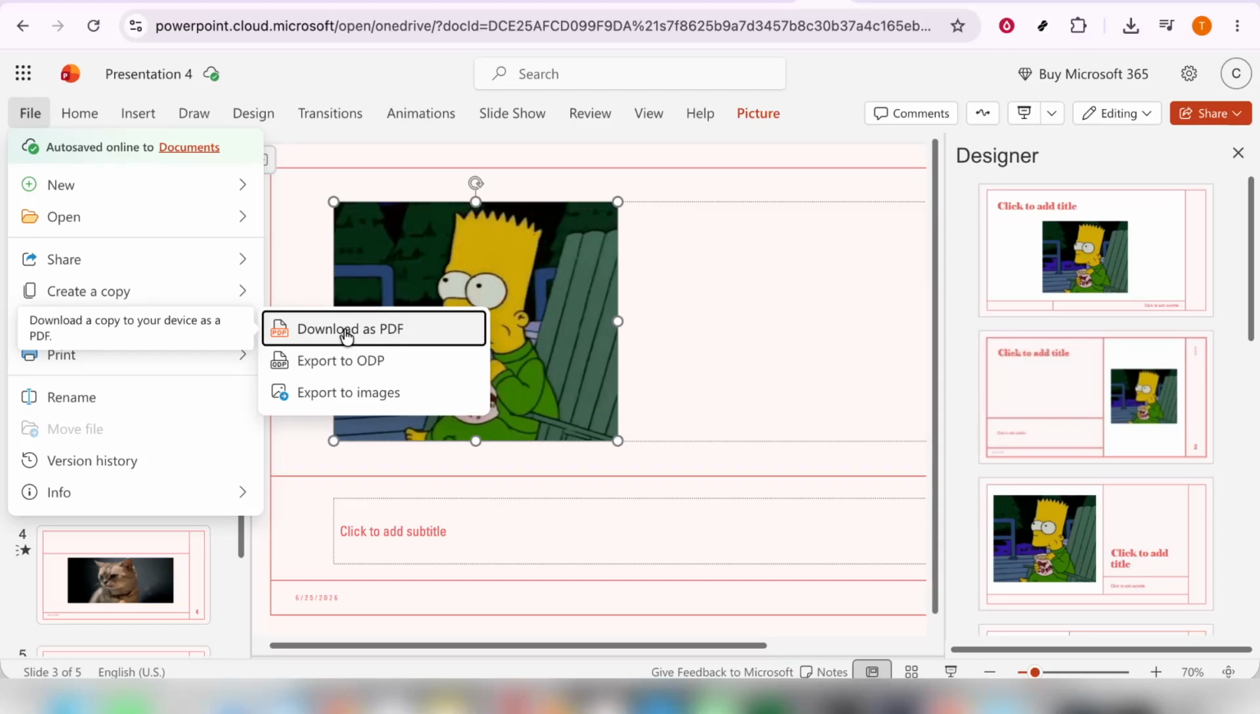One thing to keep in mind is that, while the conversion should mirror your original presentation almost perfectly, sometimes certain elements may shift slightly, depending on the content's complexity